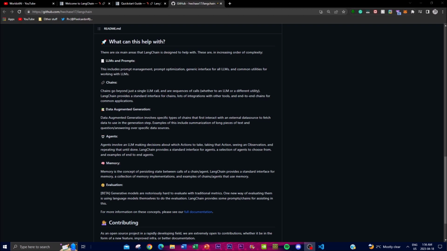Now, the prompt module focuses on prompt management, optimization, and serialization, and includes how-to guides and conceptual guides to help developers efficiently use prompts in their application. For memory, you're able to have a central topic, as well as the concept of persisting state between calls of a chain and an agent. And this basically provides a standard interface for memory, a collection of memory implementations, as well as examples of